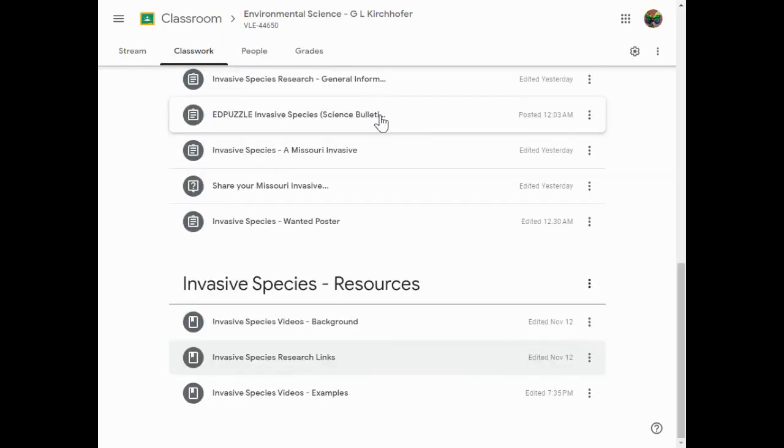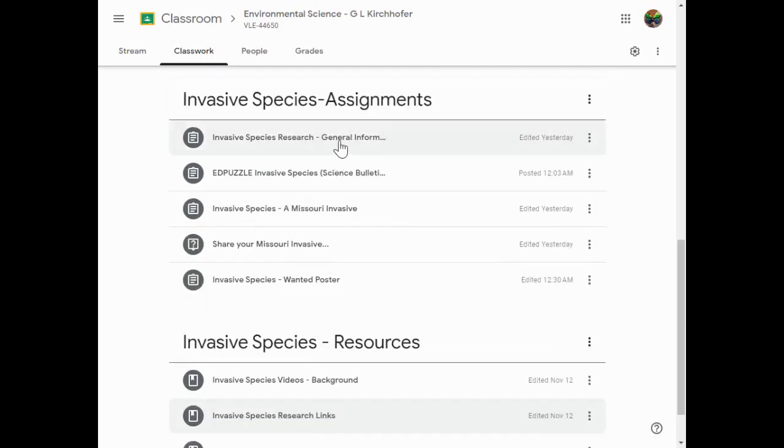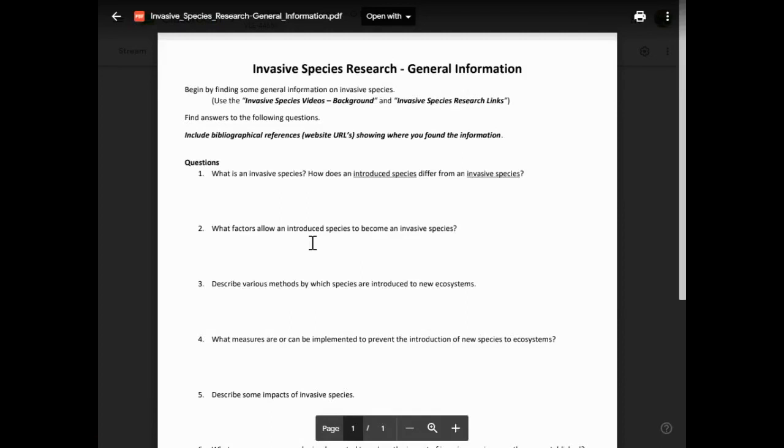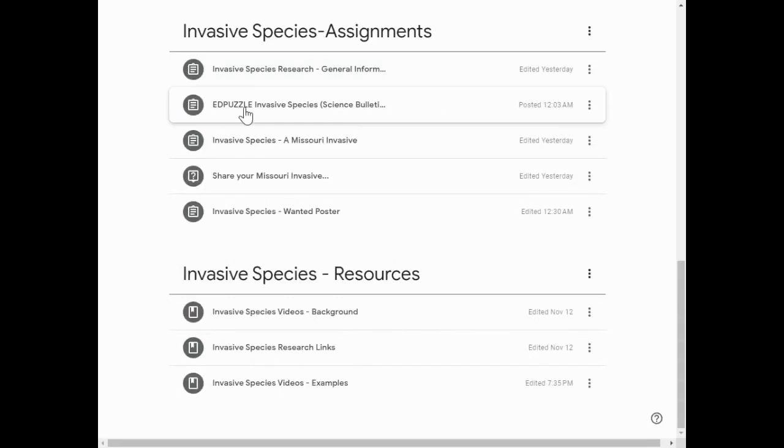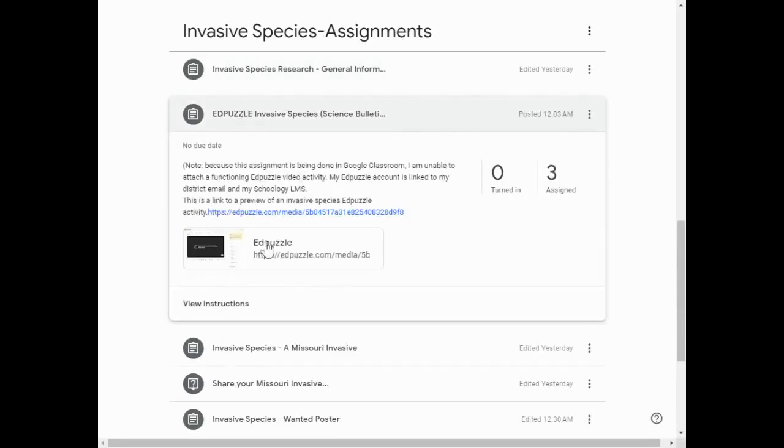Students are then able to use this information to complete the question assignments in the general research. This work is submitted to the instructor, and I return corrected work to students so they can continue in their learning about invasive species. Students also complete an Edpuzzle assignment